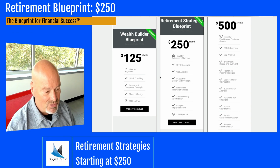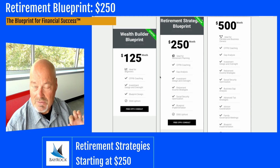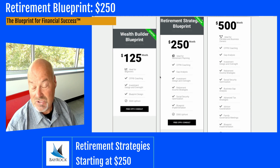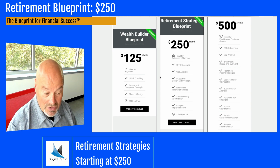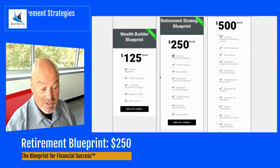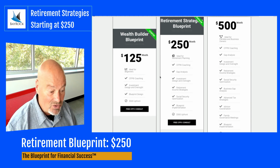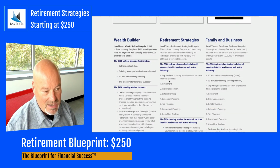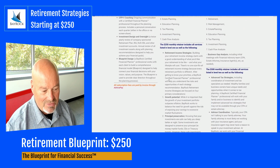We also do retirement income strategies, which is unique generally to folks in this group. And Social Security optimization. And again, this includes a $500 upfront fee, just like level 1. So that's about it. You can scroll down and see a little bit more information about what's involved in the level 2